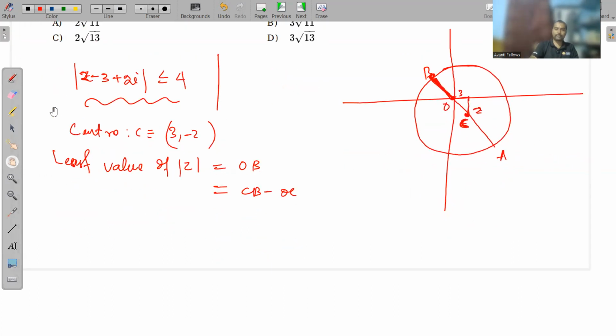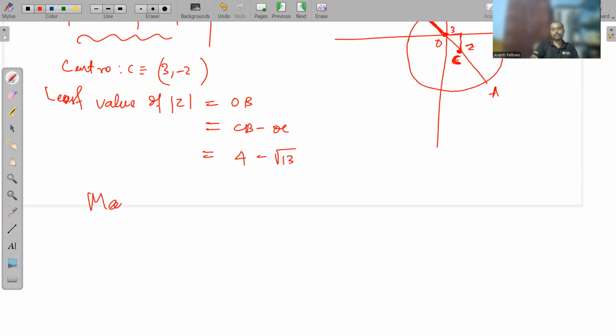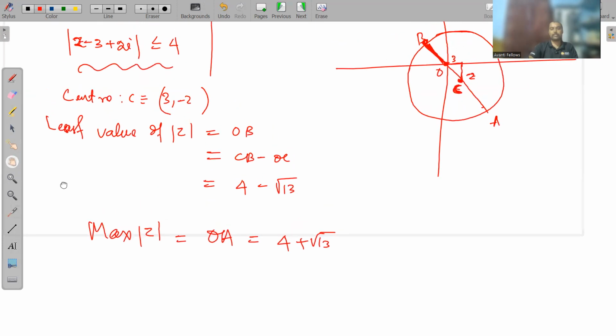So what is cb? Radius. Radius is 4. oc, oc is under root of 3 square plus 2 square, under root of 9 plus 4, that is root 13. So 4 minus root 13 is your least value. So what is the maximum value? Max z. Max z will be oa, which is 4 plus root 13, oa 4 plus root 13, that is cb plus